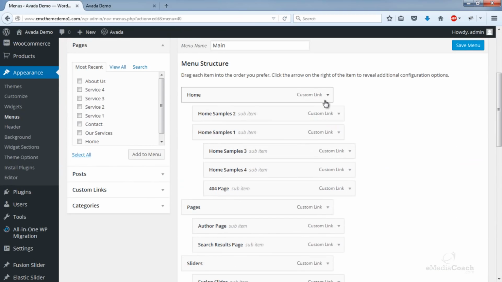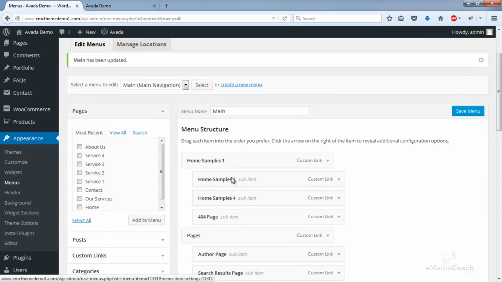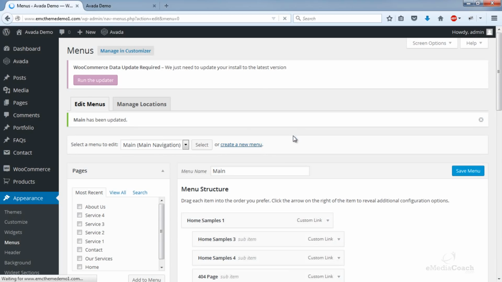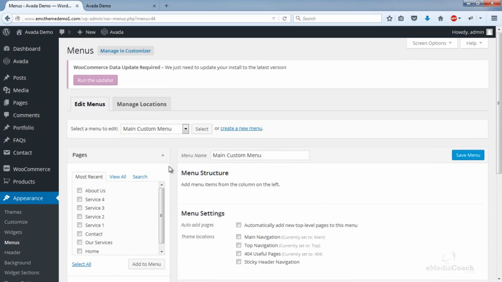So now you want to add the items for your website, so I would suggest just leave that as is. There's an easier way to do things. So if you create a new menu and just give it a new title. Okay, so we've created a brand new menu.